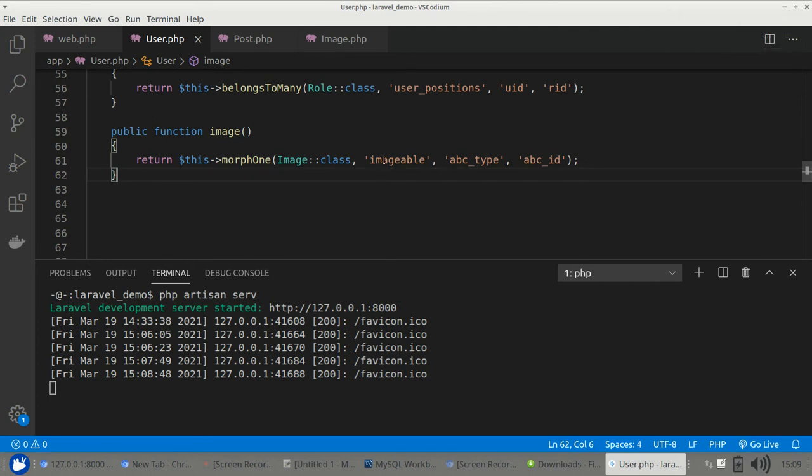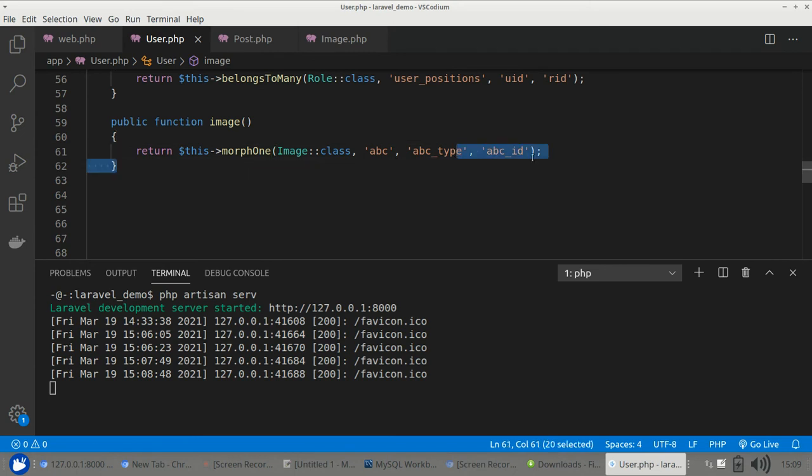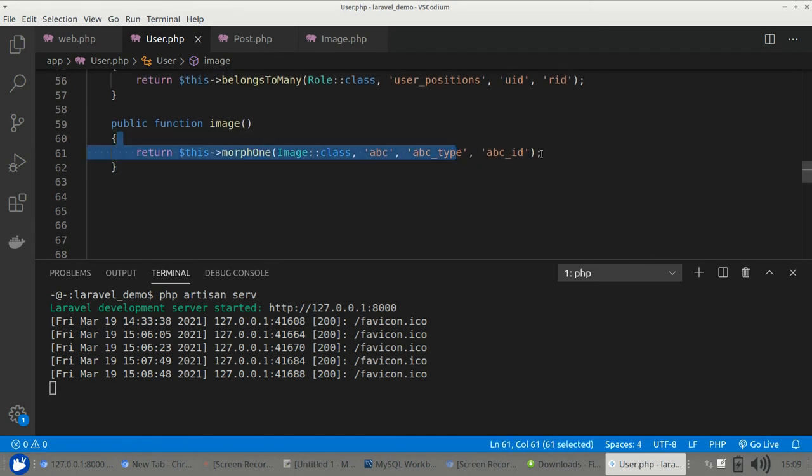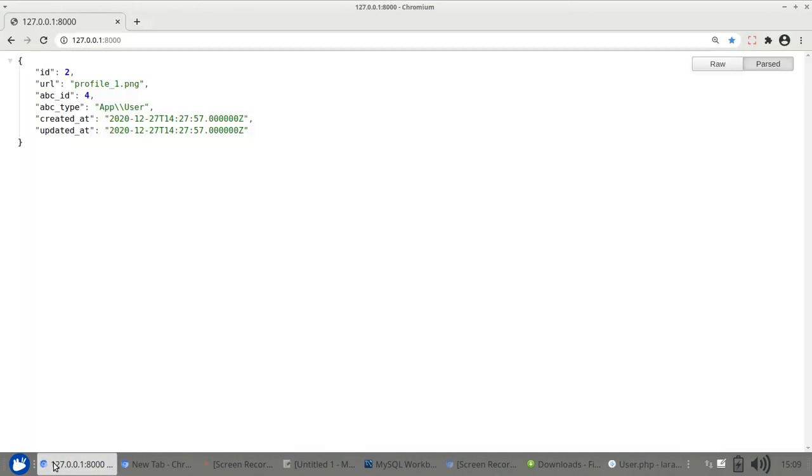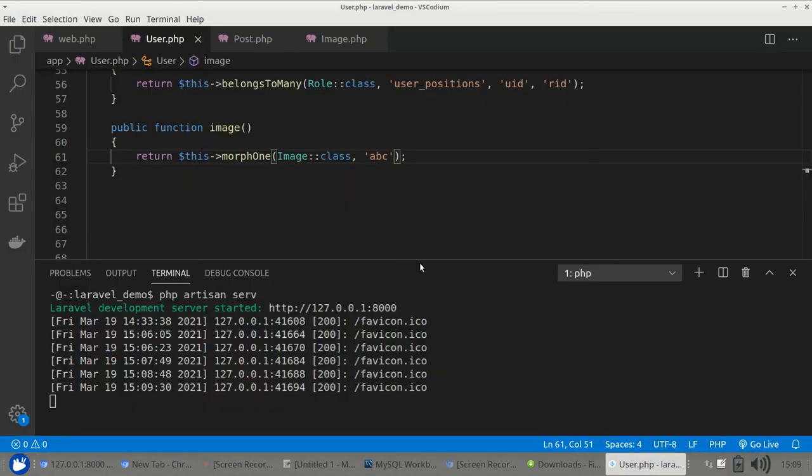Here, if you pass the ABC, then in this case, we don't have to provide these columns like this. And if we refresh, it will also work because Laravel uses ABC underscore ID and relationship underscore ID and relationship underscore type. Like this,